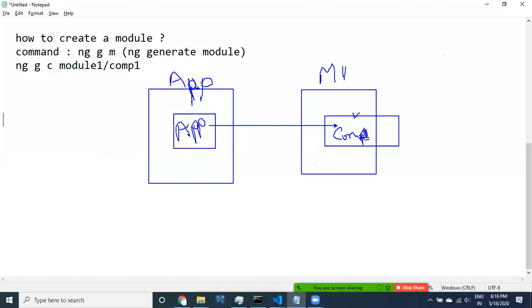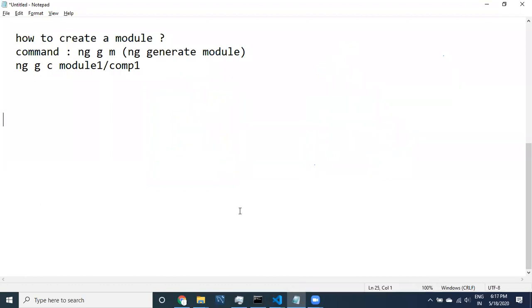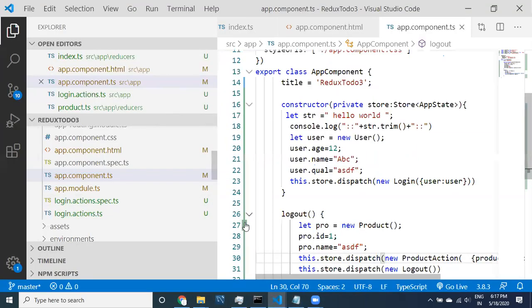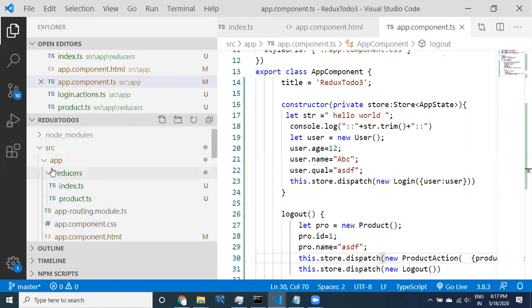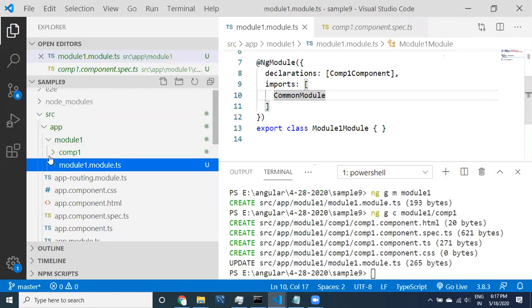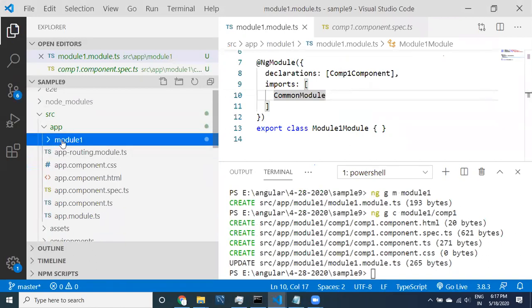The app component is available in the app module. Comp 1 is available in module 1. I want to call it. Whenever we create module 1, if you observe carefully, this module 1 is also available in the app module only. But don't think this is a child module. Even though it looks like one, it is not.